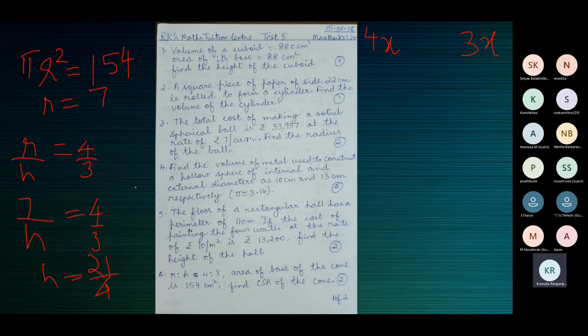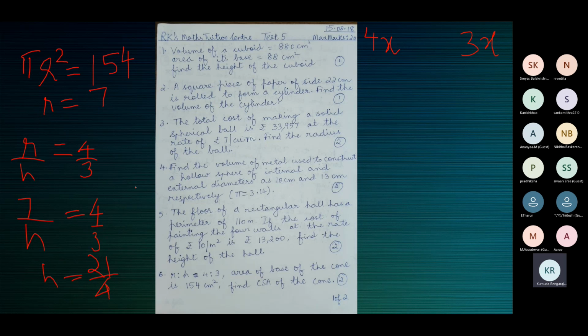The explanation is with respect to the formula. For a cone, we know that we have three things: radius, height, and slant height. When you have to find the CSA of the cone, the formula is pi RL. So to find the CSA of the cone, you need the value of R and L. Without that, how can you use the formula?